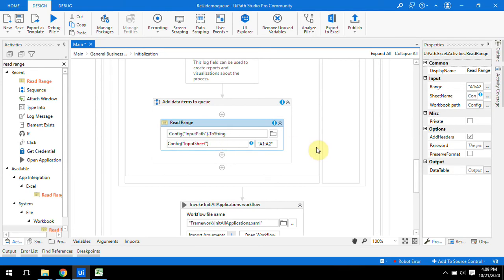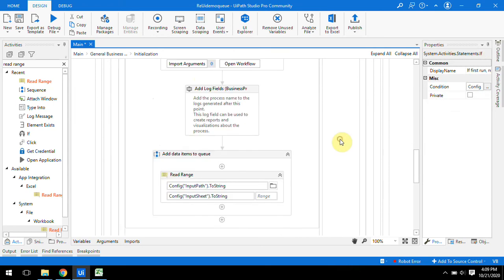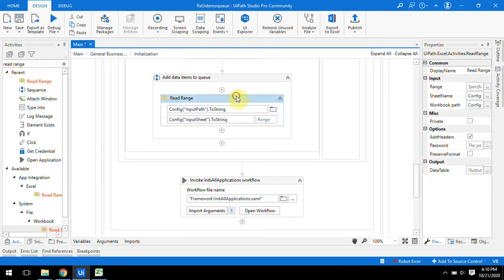That's it, dot toString. In range just keep it blank, so all rows and columns will be read by this read range.